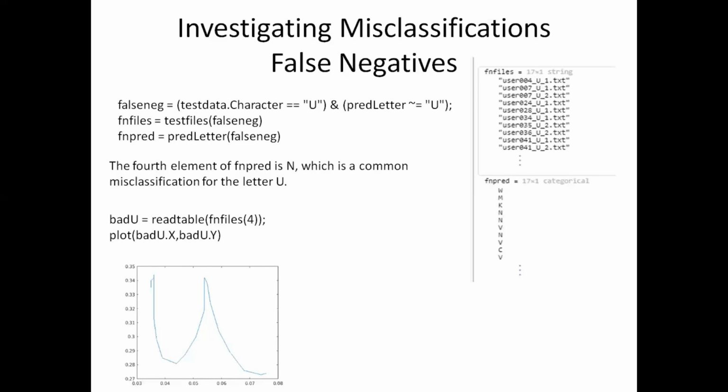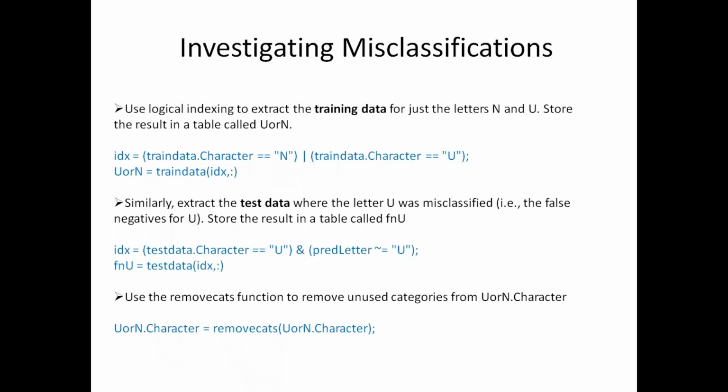You can see here that this particular alphabet does not look like a u. The shape of this letter is what is causing the misclassification, because it doesn't look exactly like the alphabet u. So this is one reason for this alphabet being identified as n instead of u. We will see further what happens to the features extracted from this file, and what causes a misclassification like that.